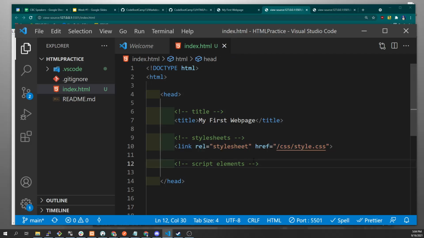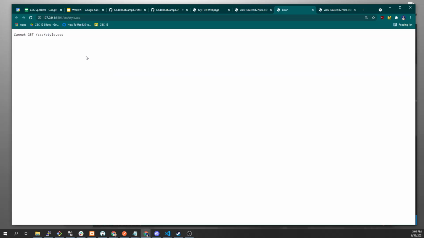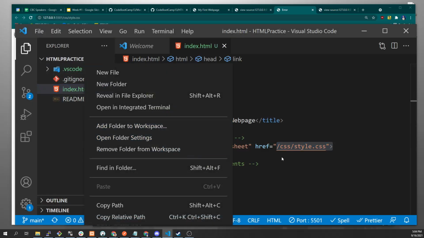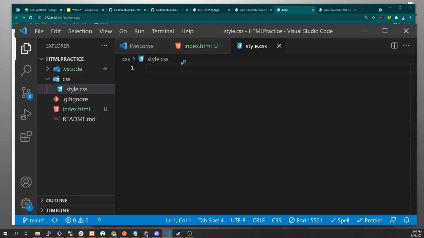Okay, this tag does not need a closing tag. Okay, it's self-closing, and so right now it's trying to link to CSS style.css, and if I was to come over here and view this page, I click on this link, it's going to take me to a 404 page because I don't have that file on my server, and my server is this project. If I was to make this folder, right? So I'm going to make a folder called CSS, and inside of that folder, I'm going to make a file called style.css, and if I just put like a background color,